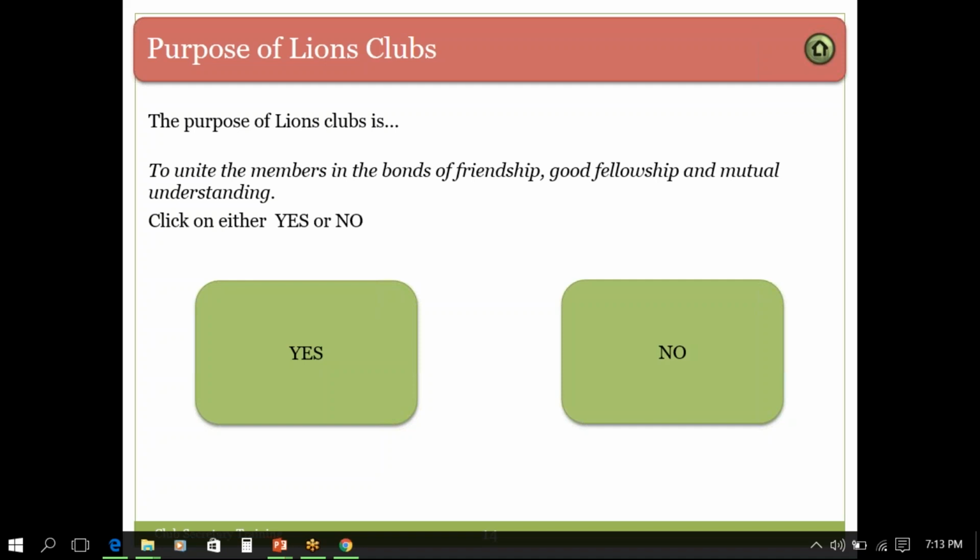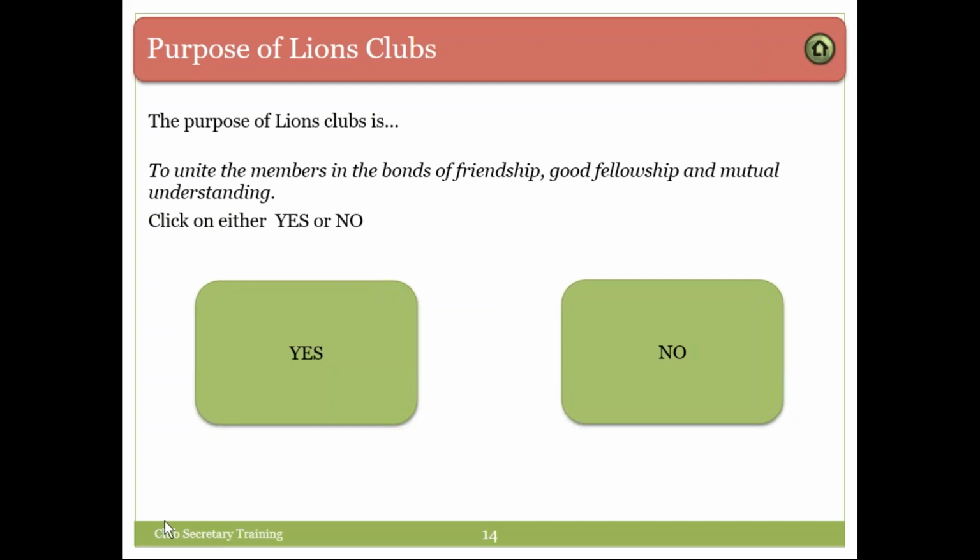Anyone else have an idea? I'm gonna click yes and see what happens. Come on.